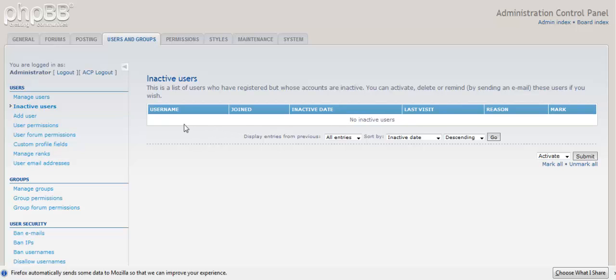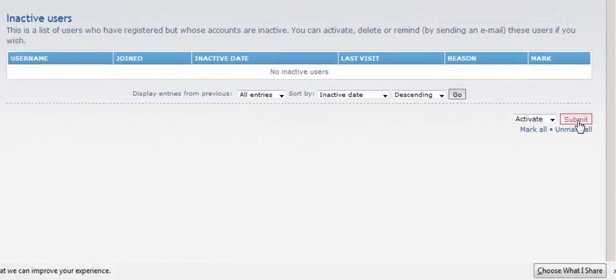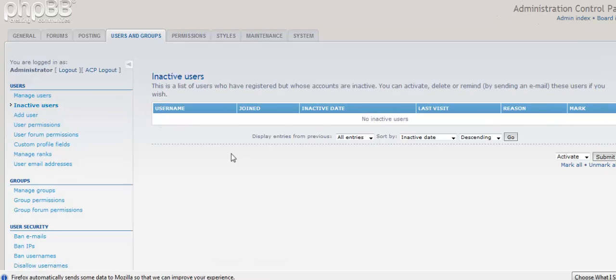That would mean there's been a problem somewhere. You can, if you wish, activate them down here and submit. Again, if you've got it set to be activated by admin, this is where you will find the users and you can activate them.